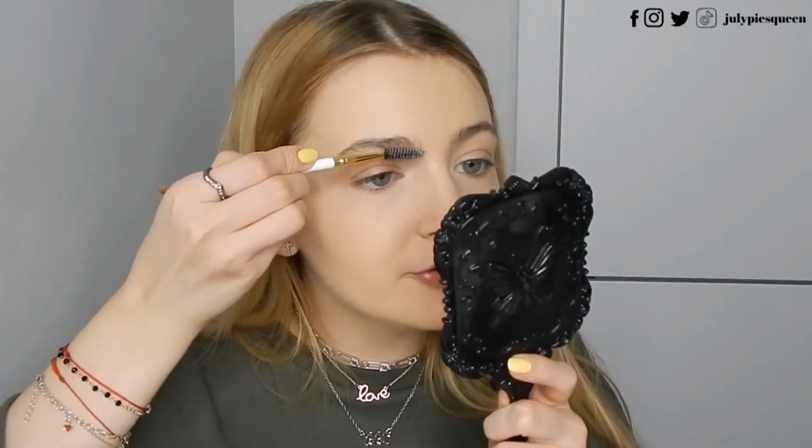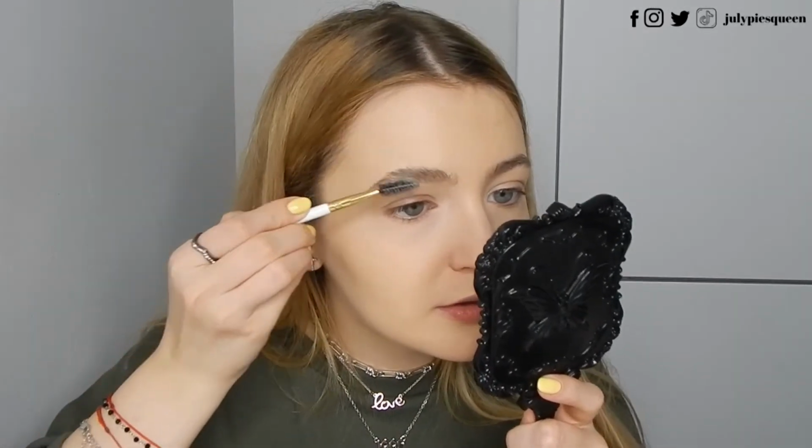I cut a piece just because I need to travel with this. Whenever I go home to my parents, I just decided to cut a piece from this huge soap just because, I mean, I'm not gonna carry this one out. It doesn't make any sense, to be completely honest. So I just brush. I love it so much. You just need to apply a tiny bit. Do you see how much, like, that's it. Just a tiny bit, and